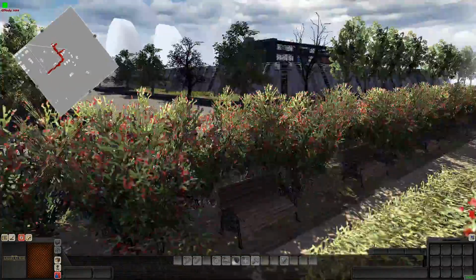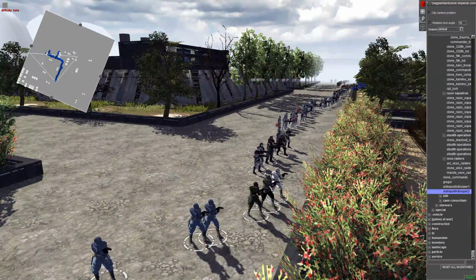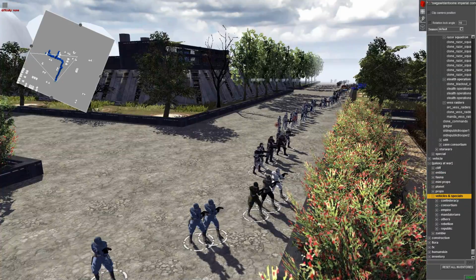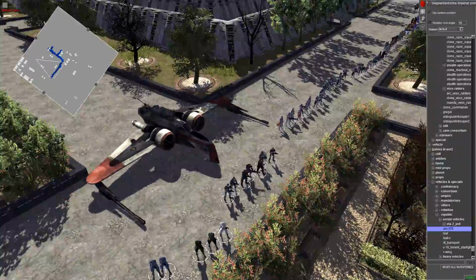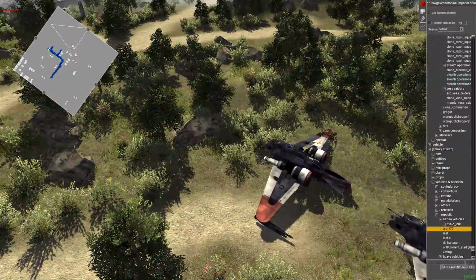I'll be sure to link in the description, and if I forget to, remind me in the comments and I will. So yeah, now we'll do the vehicles, because we got to finish it off, right? Can't do it without the vehicles. So here's Republic vehicles. Aryan vehicles. We'll do it out here in the woods. ARC 170,